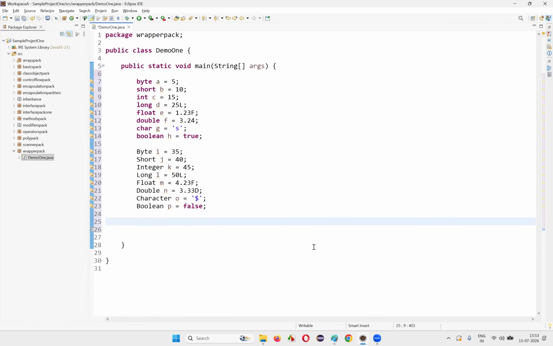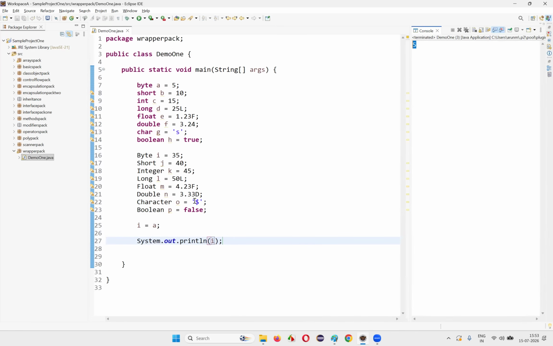Now, not only this, guys, we can also say i is equal to a. I can do like this also. You see, here i is a Byte. This is the object reference and a is a variable. I'm assigning the data which is stored in the variable a into this i. Here 35 was there, it will be replaced by 5. Now System.out.println, if I print i,